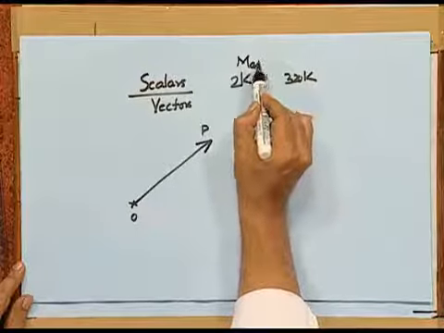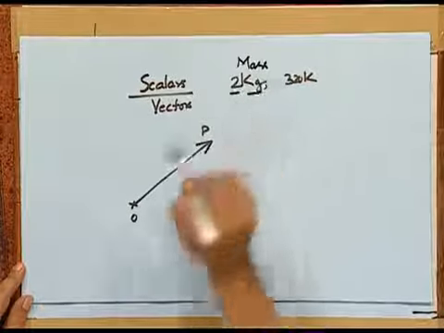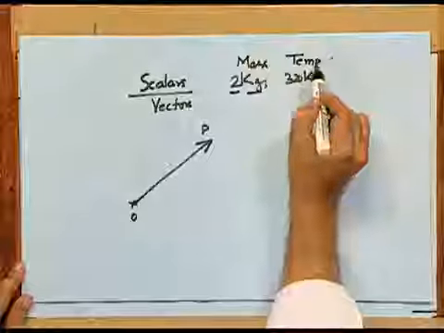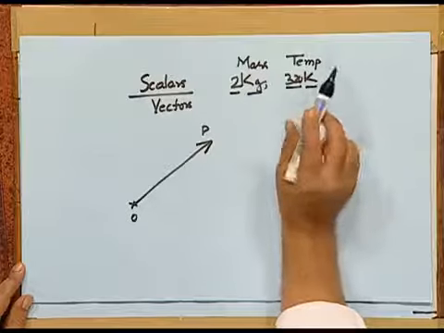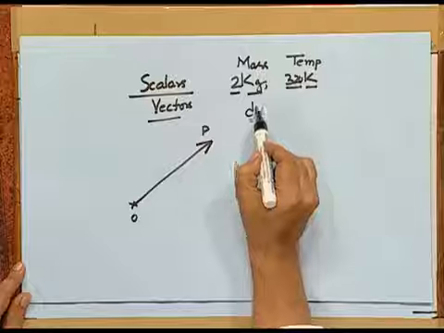Quantities in physics are generally classified either as scalars or vectors. What are scalars? Quantities like say mass, which is specified by a number and a unit. Temperature is another quantity which is specified by a number 320 and a unit called Kelvin, represented here as K. There are quantities in physics which are called vectors, which are represented not only by a certain magnitude, say for example, displacement,